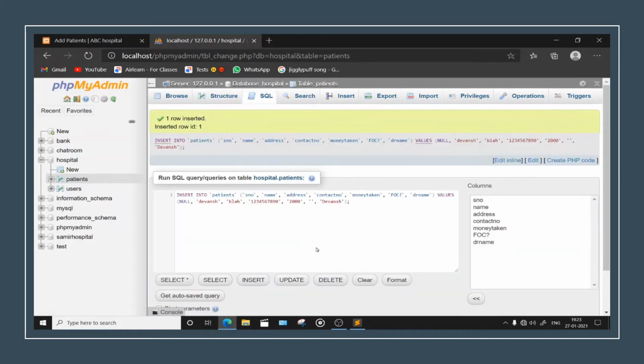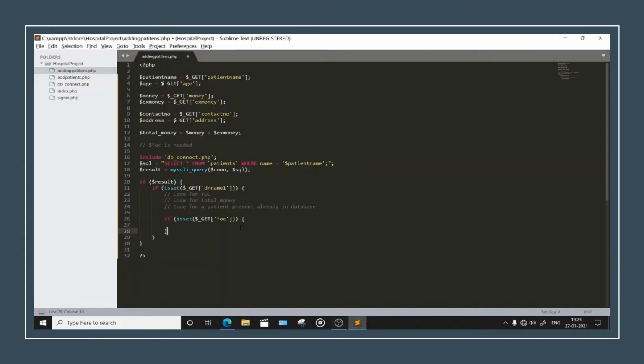Just copy it, nothing else, and paste it down there. Okay, for now enter one exclamation there. It is saying that if the button is set, then what you need to follow is $SQL will be equal to this. Fine. Okay, and something is left. Okay, super. Now we will be entering values.